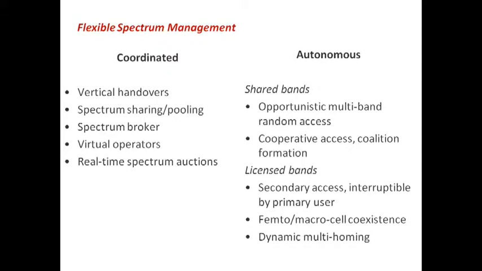You can have things like spectrum sharing or pooling, where you can imagine multiple licensees having some spectrum that they contribute to some pool, and then they have access to that entire pool whenever they need it. You can think about virtual handovers, where you might have different networks coexisting, maybe big cells, small cells, and sharing spectrum in some way, and then users get handed over between the large cell and the smaller cell. That would be another way of doing coordinated flexible spectrum management.